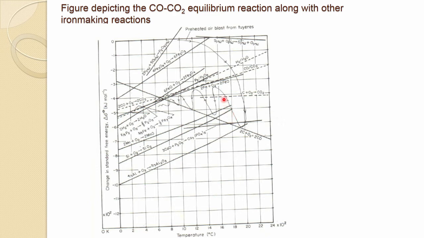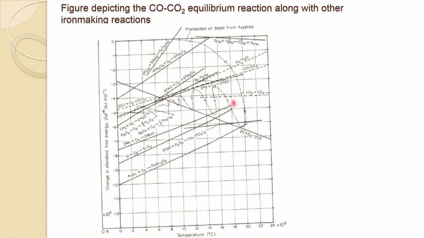So, CO2 content increases further, and this line is showing the CO2 ratio, but again this comes in contact with the carbon, and CO is formed. So, this cycle keeps on repeating itself, and as you can see, it never reaches equilibrium,